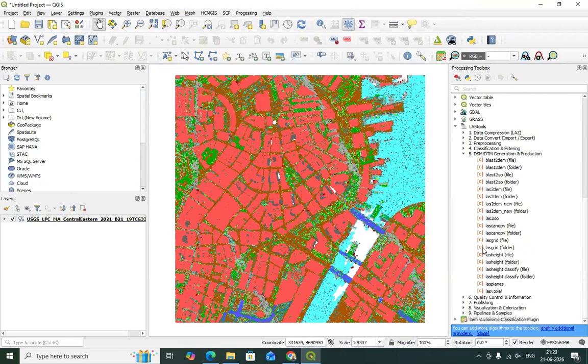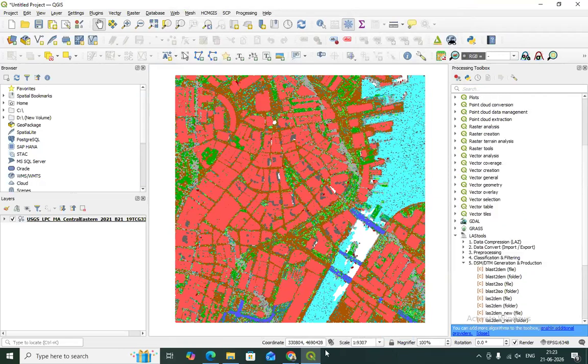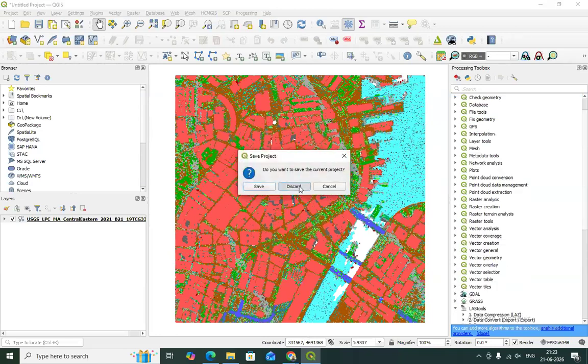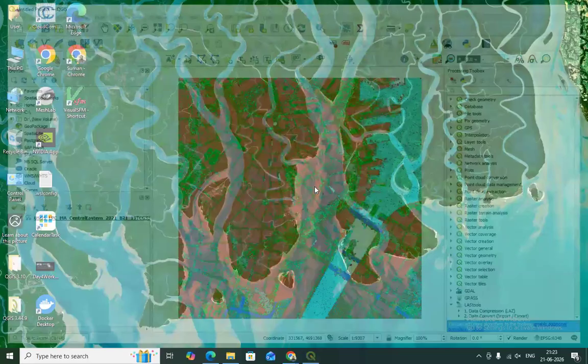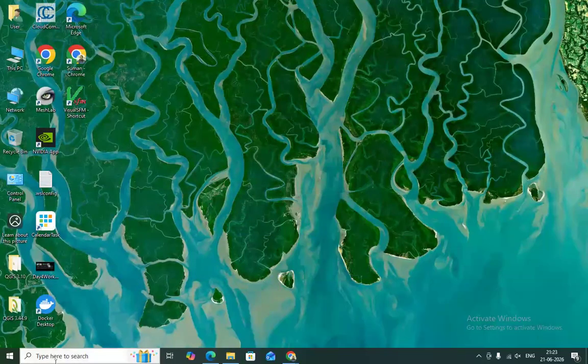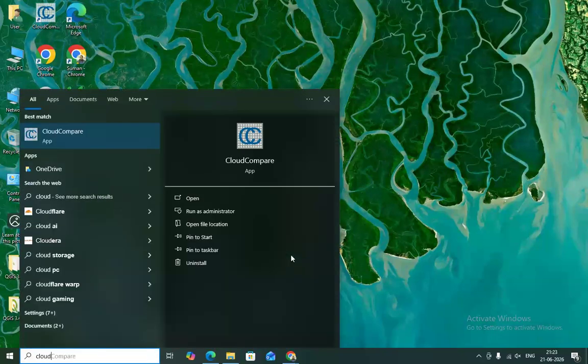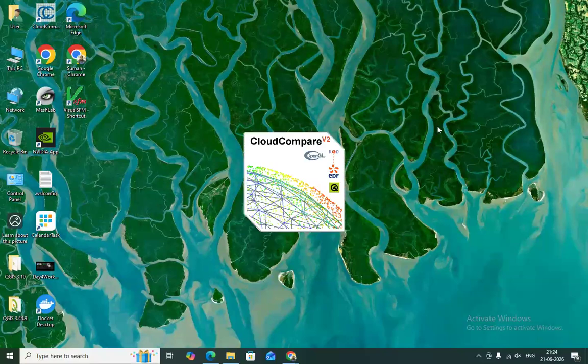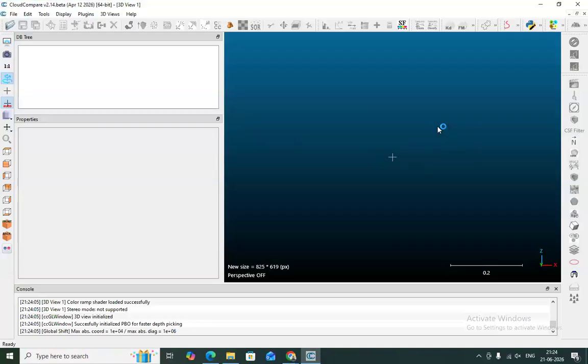For now, I would like to go to another software where we do the same thing, CloudCompare. I hope you have installed CloudCompare. So I'm closing this. Let's open CloudCompare. This is the CloudCompare interface.